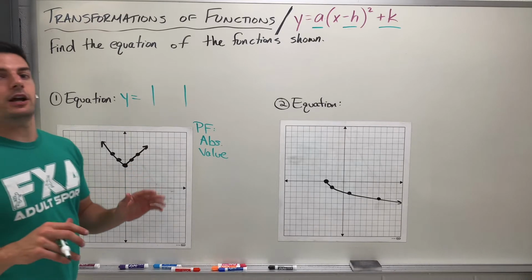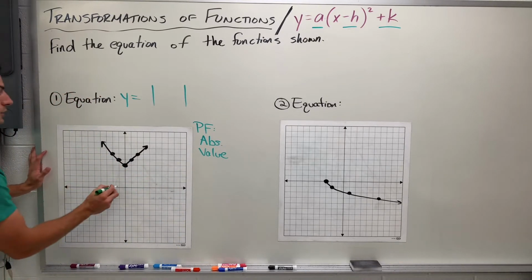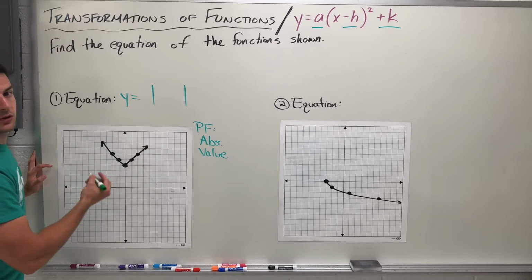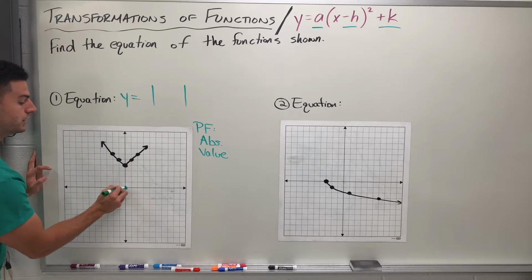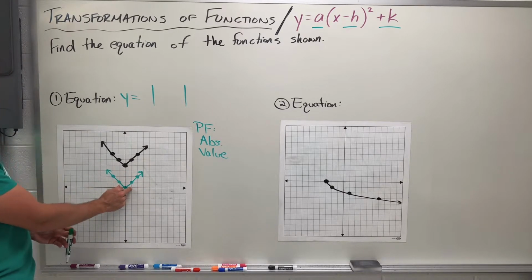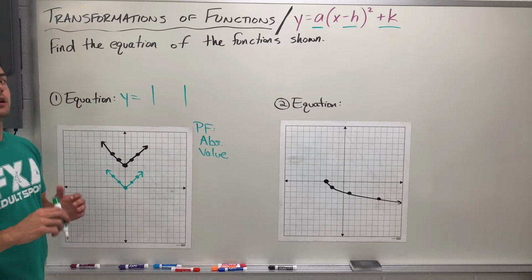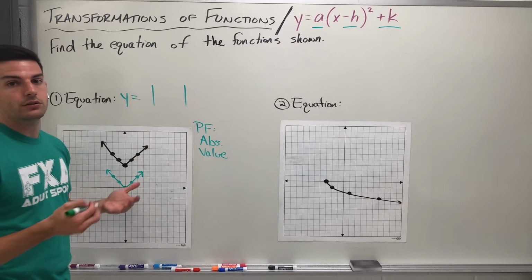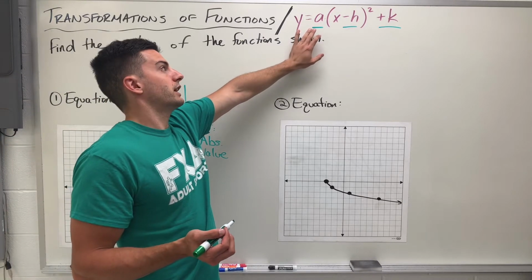What can also be helpful, once you identify the parent function, just like we would do if we were given the equation, is to draw what the standard absolute value graph looks like, starting at the origin. Then I look and see what changes from the original to the problem here for number one. What we would look for are these things. I would look for, kind of in this A value,